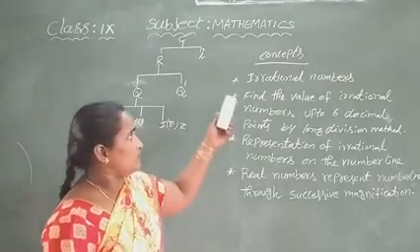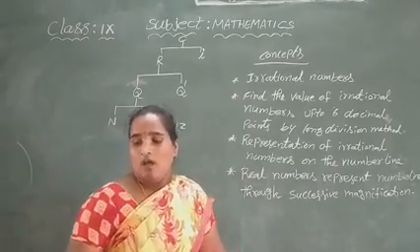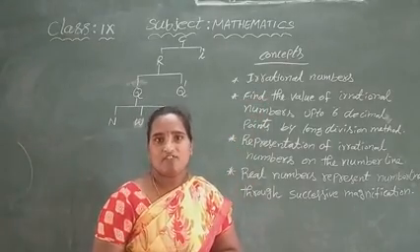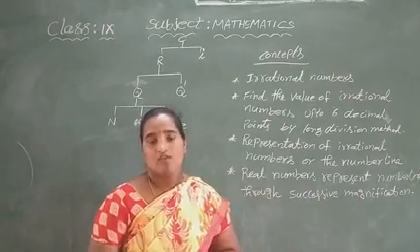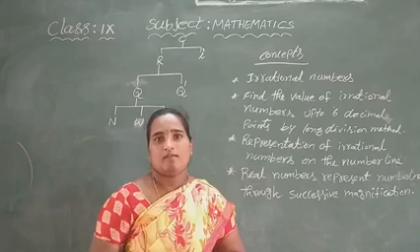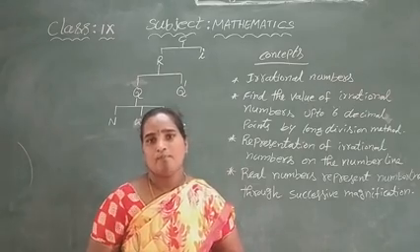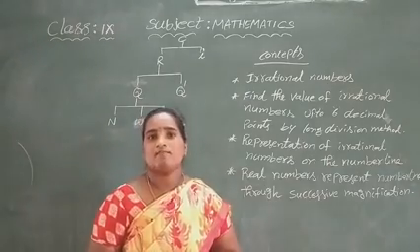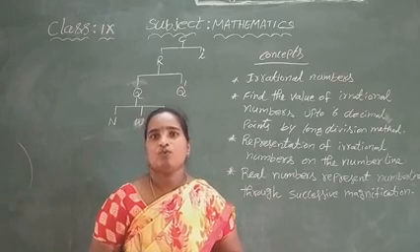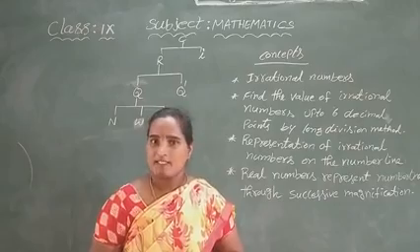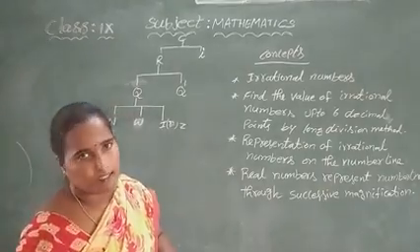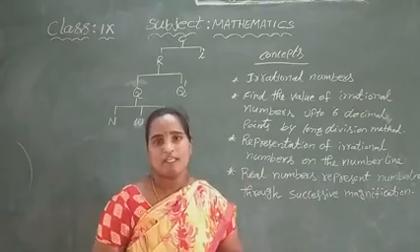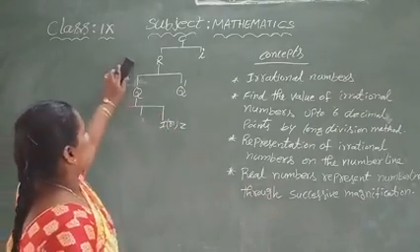in this session, first of all, we discuss irrational numbers. Before class, I will tell the definition of irrational numbers. What is the definition of irrational numbers? Which numbers cannot be expressed in the form p by q, where p, q are integers, q is not equal to 0. That type of numbers are called irrational numbers. Which numbers cannot be expressed in the form p by q? Okay, ma? This is the tree diagram of